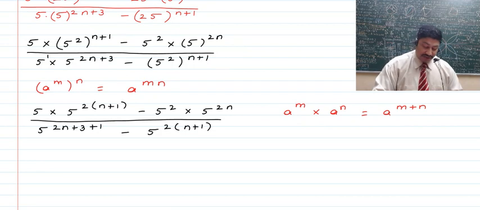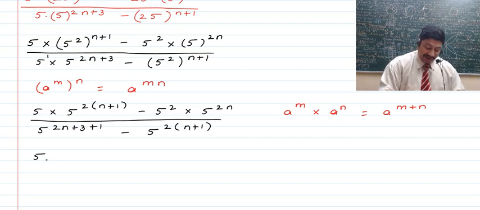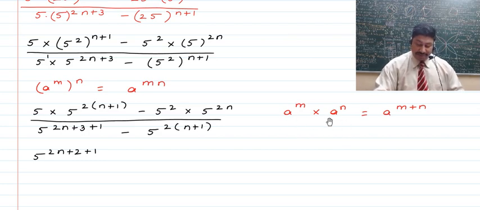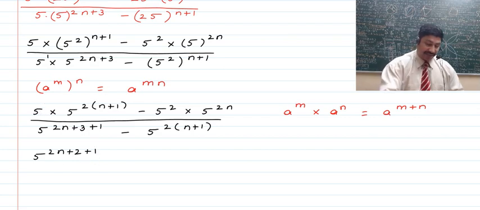Now for the children, here we're going to write this as 5, right? That is the power of 5 is going to be the product of 2 with n plus 1, that is 2n plus 2, to which the power of 5 which is 1 is going to be added, right, using this rule just now, that is if the bases are the same, we can add the indices. So that's why the indices have been added here. Next now children, after this we have minus 5 square and 5 raised to the power 2n.